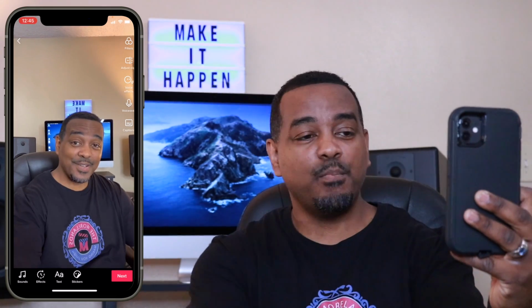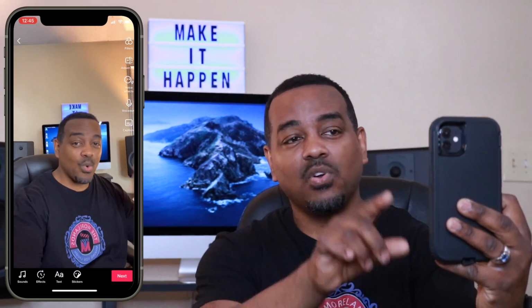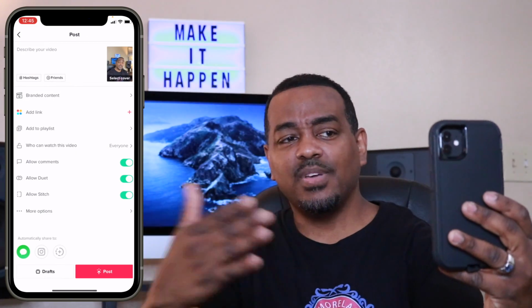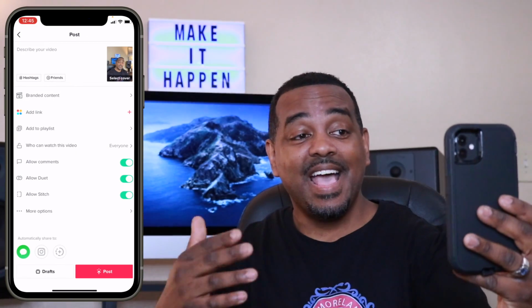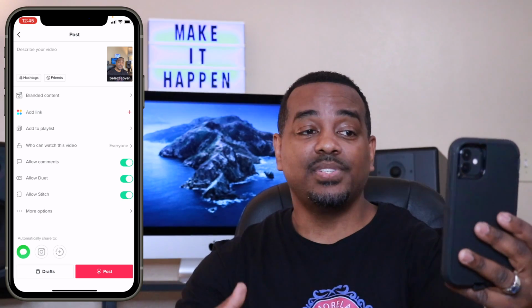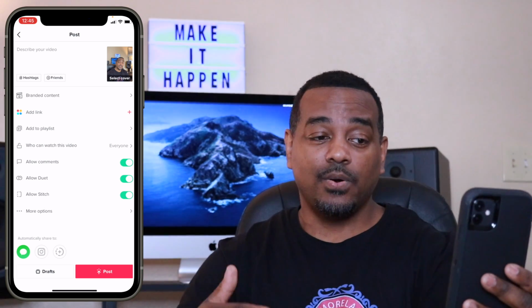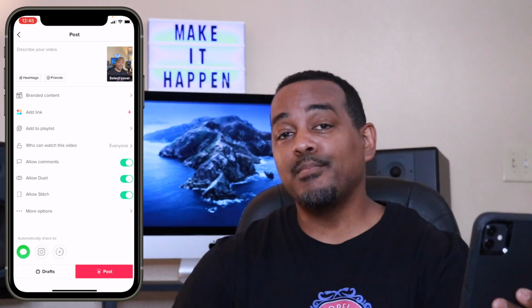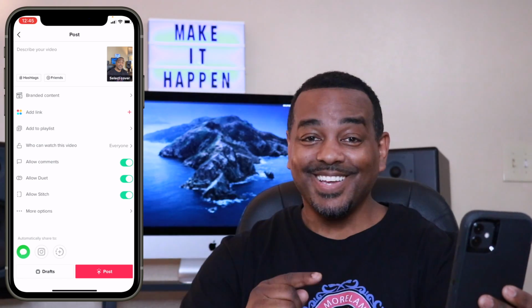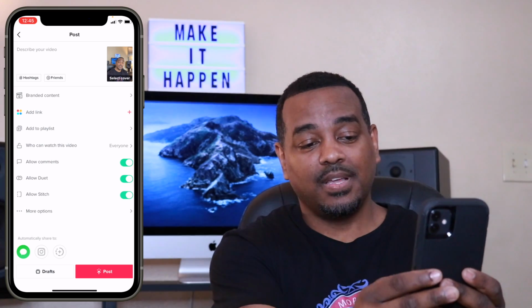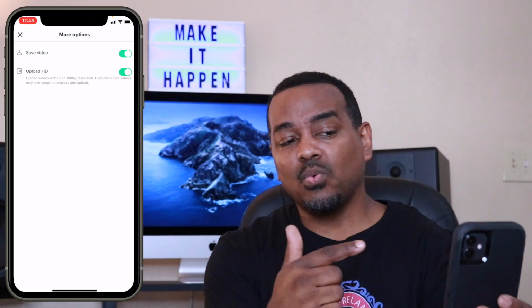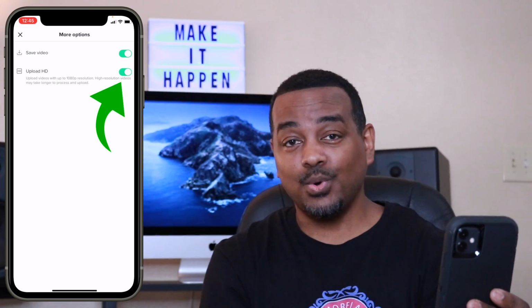It plays the video back. None of the options are right here, so you wanna hit next. Now you will see you have branded content, add a link, add playlist. You will also see who can watch this video, allow comments, allow duet, allow stitch. You also see more options. You want to click on more options. It gives you the option to save the video, and also right there, boom, upload in